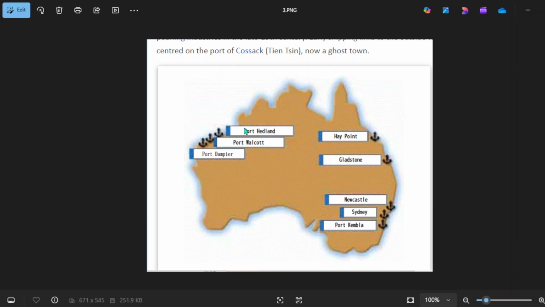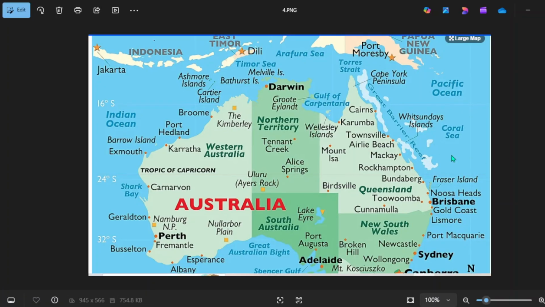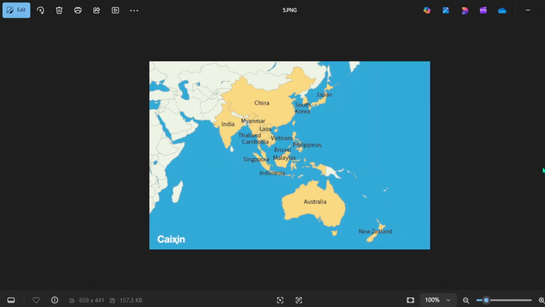So Port Hedland is around here. So if you take note, go back. So here is Port Hedland, probably in the center a little bit. As I said, it probably passed this way going to South Korea.